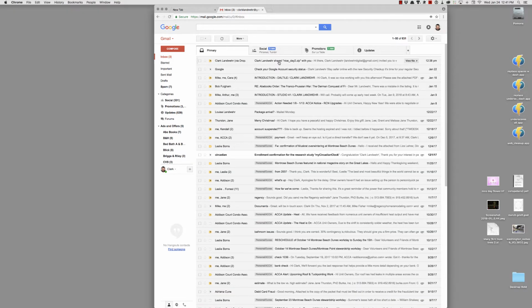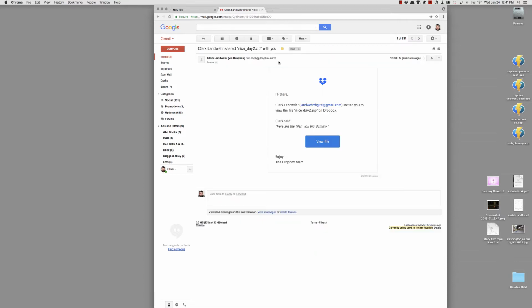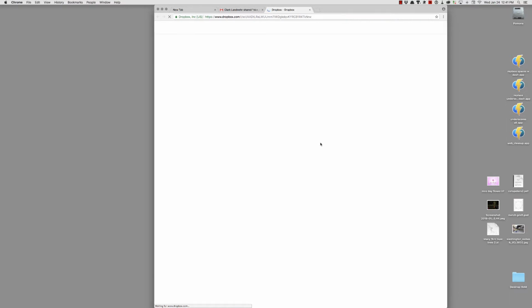See, I got this email 2 minutes ago, the same one, niceday2.zip, waiting for me on Dropbox, from me to me. Here's my memo, and here's my button to view it. Now I click the button, and I get something else. It doesn't tell me I have to open an account,